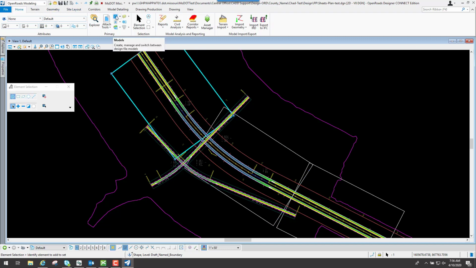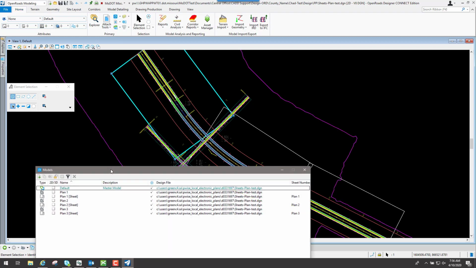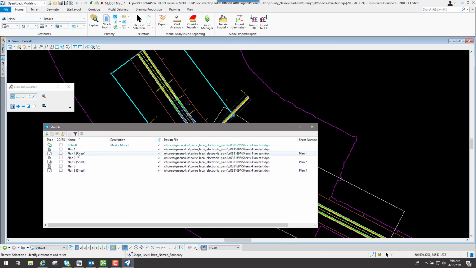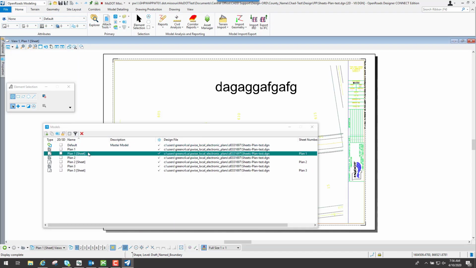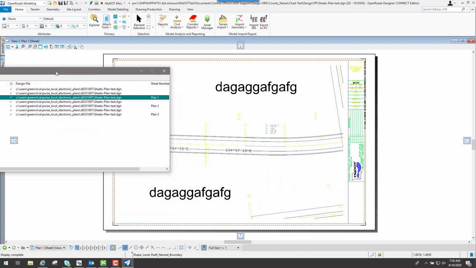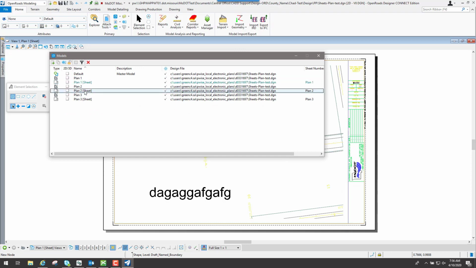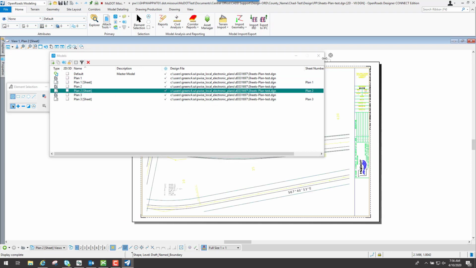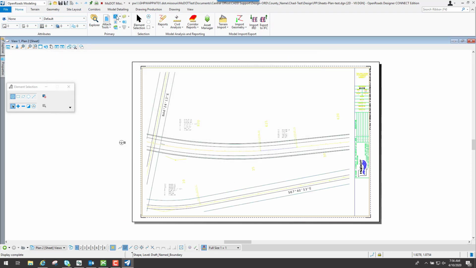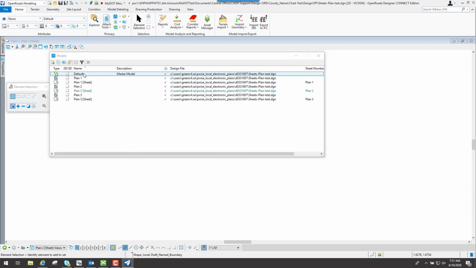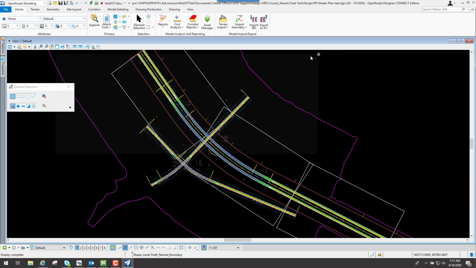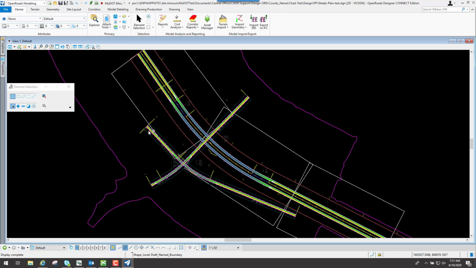Let me go back to my, let's say, sheet number 1. Okay, and you see that information right through here. And if we go to sheet number 2, you see that information through here. So now if I come back and go to my default, let's say for this example I want to grab a little bit more of this roadway, and maybe this one here I want to pull it down a little